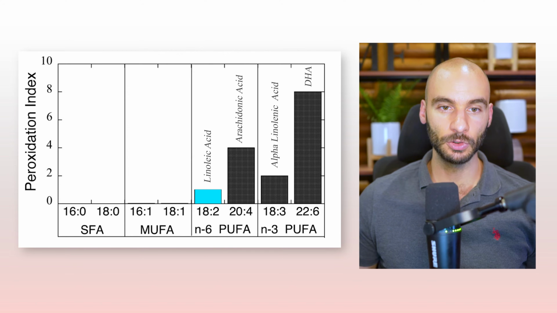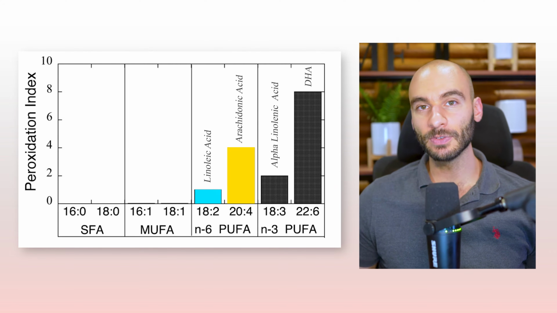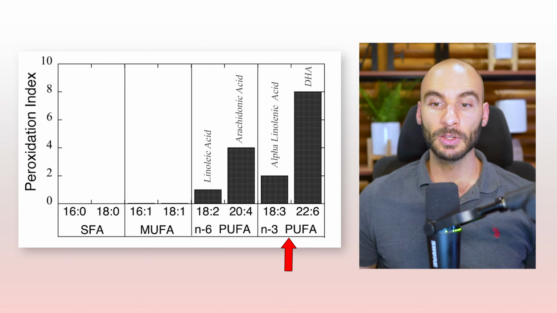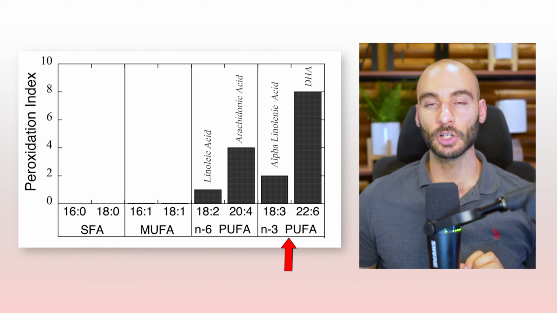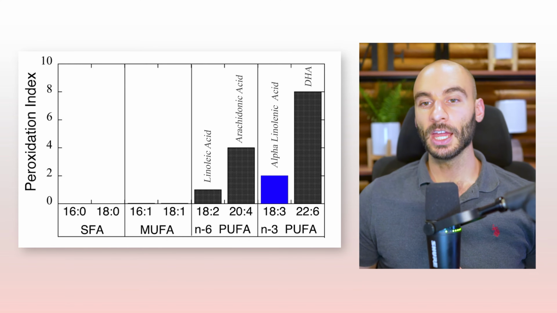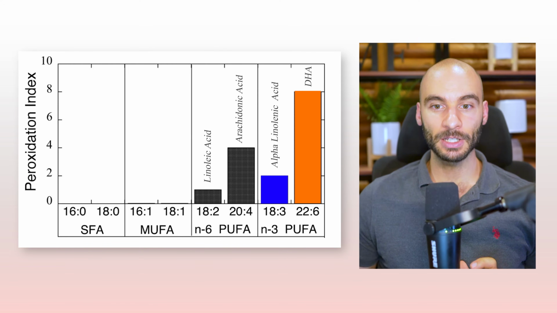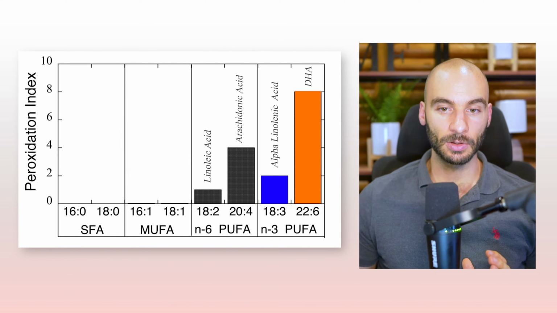I know the scale is 2, 4, 6, 8, 10. And then over here, we have arachidonic acid, which is significantly different even to linoleic acid. And we get to the omega-3 polyunsaturated fats. They're even worse than the omega-6 in terms of their susceptibility to oxidative stress. So we have alpha-linolenic acid here. And then we have DHA here, which is significantly more likely to be damaged than arachidonic acid and linoleic acid